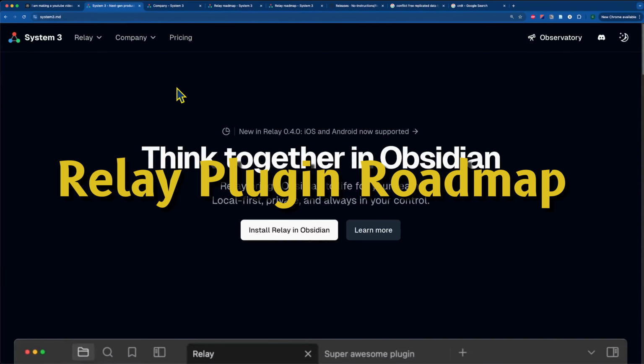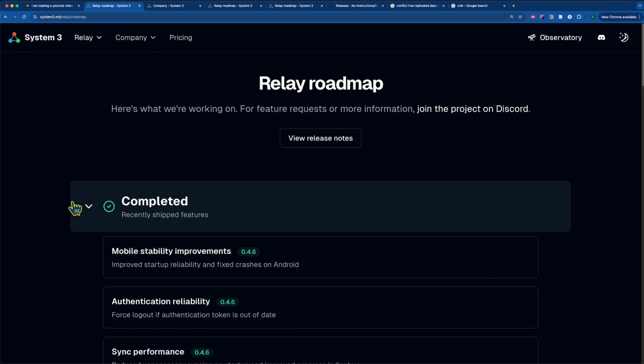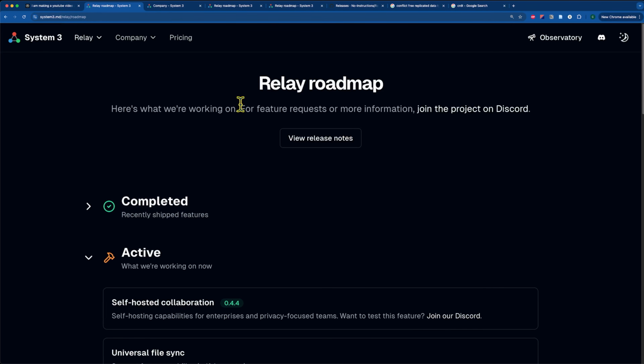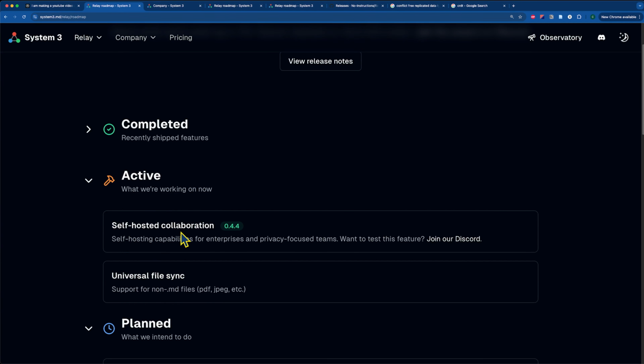So now that you've seen how this can be used to think together in Obsidian, to make Obsidian multiplayer, to create a co-working space or collaborative space for you and other people, let's take a look at what the company is planning on doing with the roadmap. So they've already added a lot of features, including the ability to sync different file types, which is what I mentioned. So you can see that they're in the process of doing self-hosted collaboration, which would enable you to focus